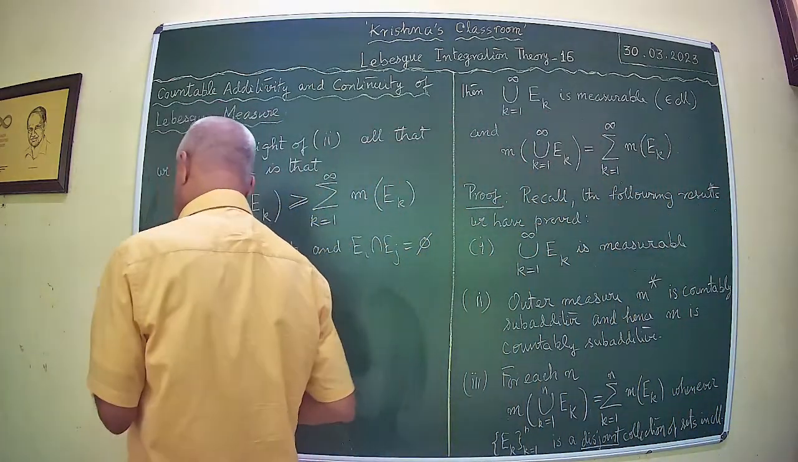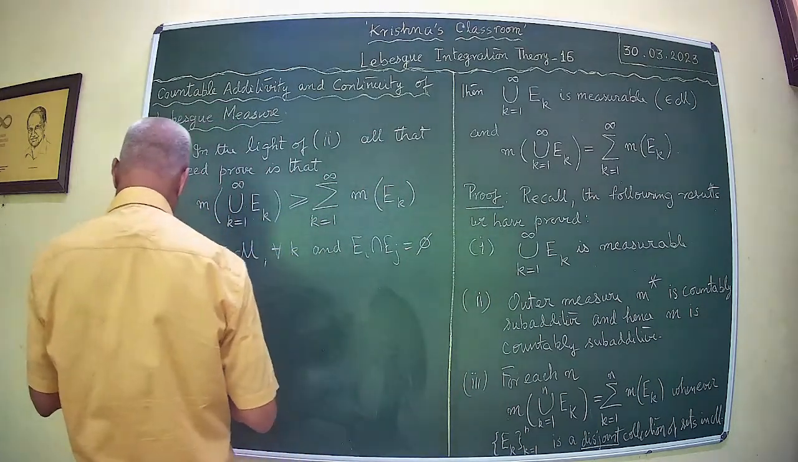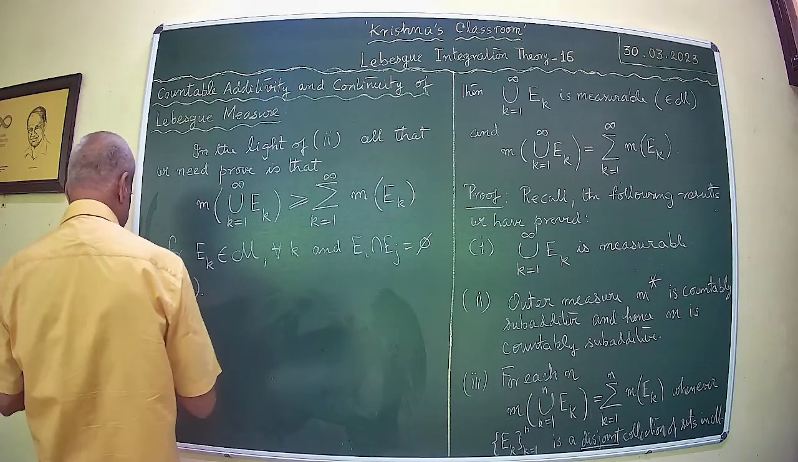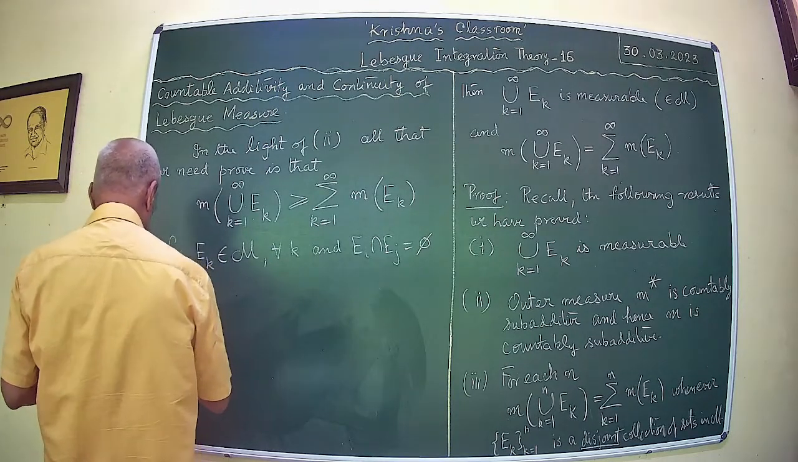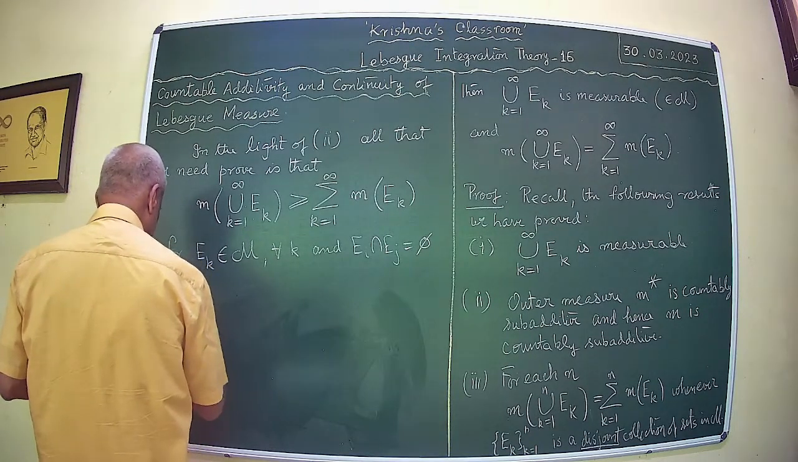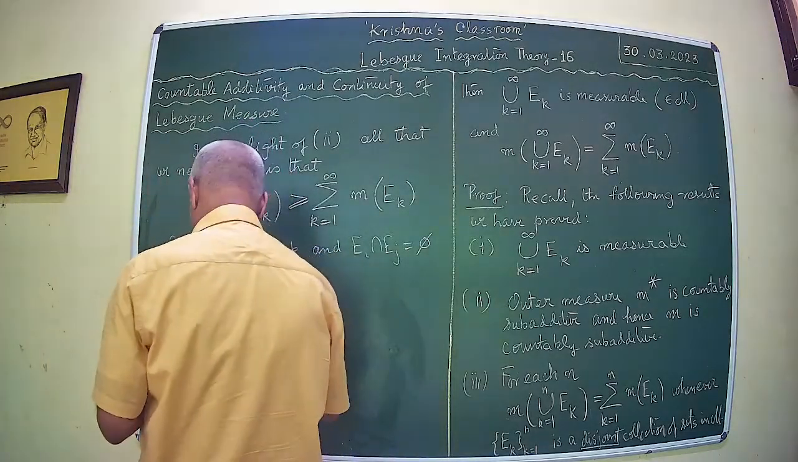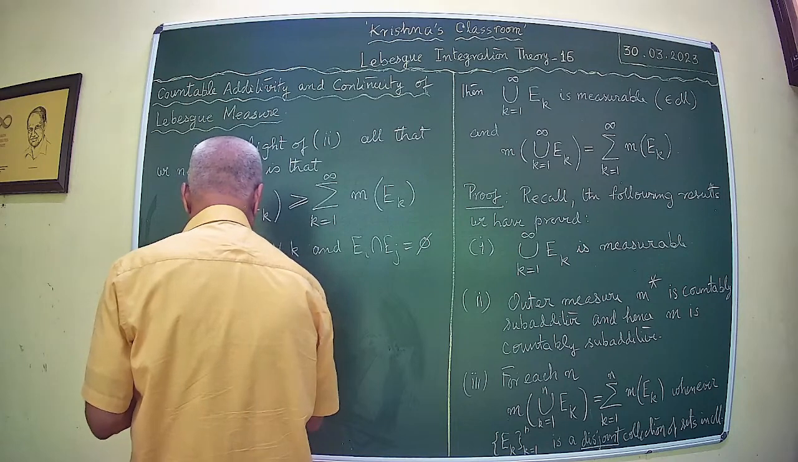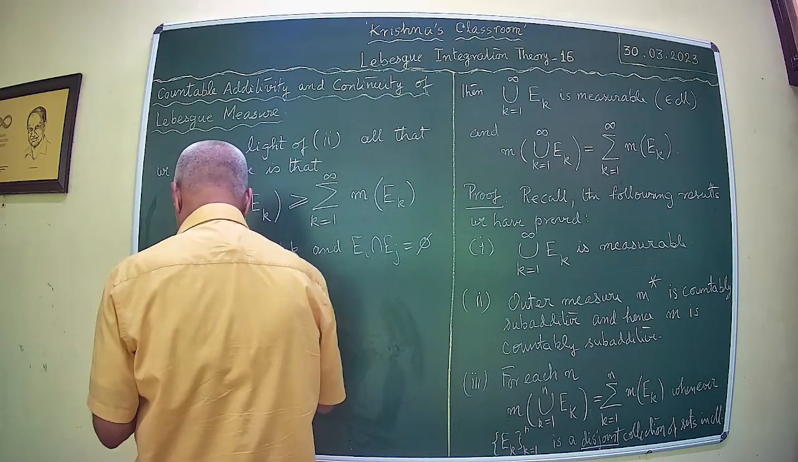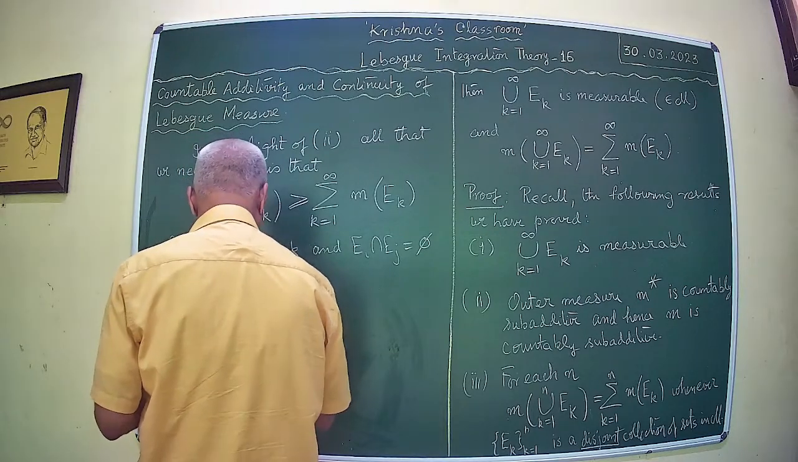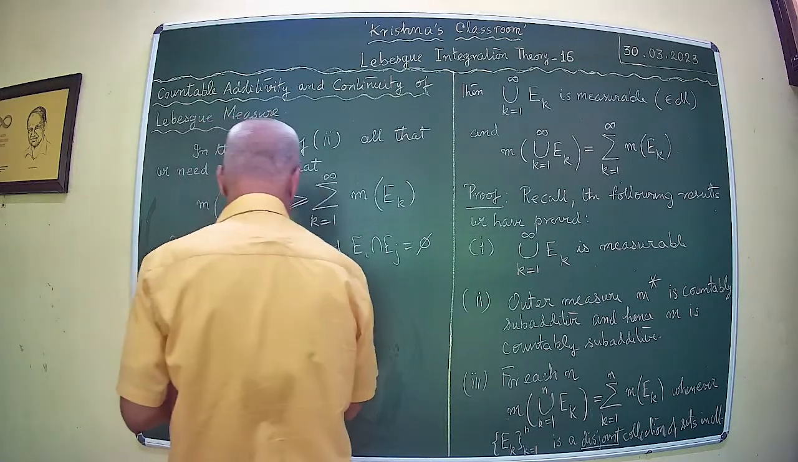Now what we have is the following, namely the union, k equal to 1 to n, of Ek is contained in